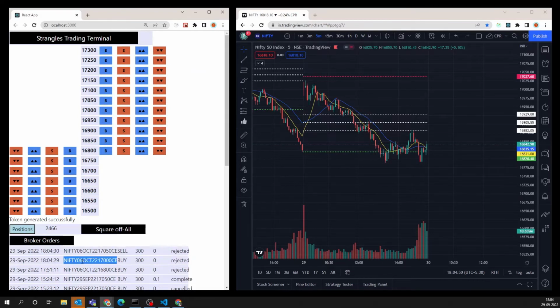But I have also changed the expiry to 6th October now. All these contracts that you see, this inverted option chain, are referring to the 6 October expiry now, right? And the position size, I will continue to work with 300 position size.